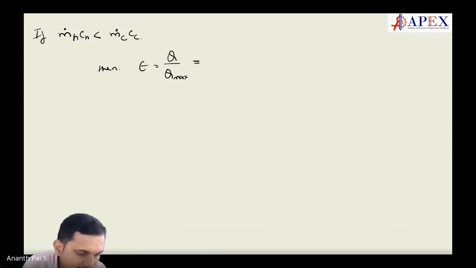I can write this as m dot H C H times (TH1 minus TH2)